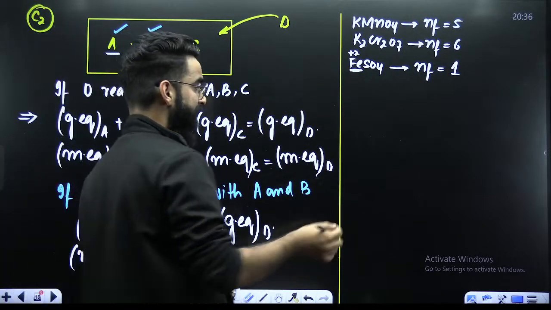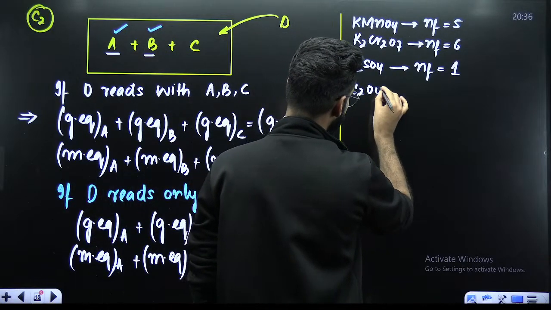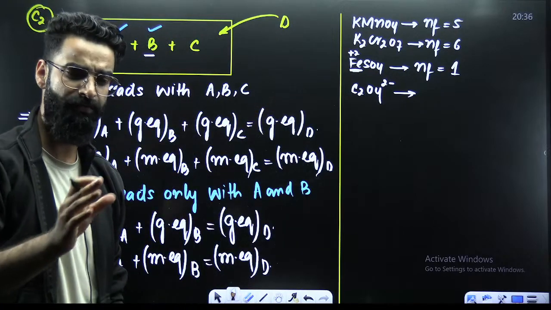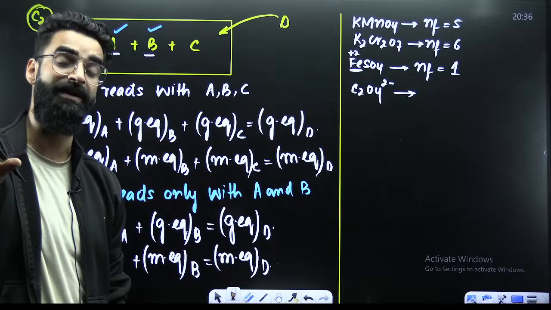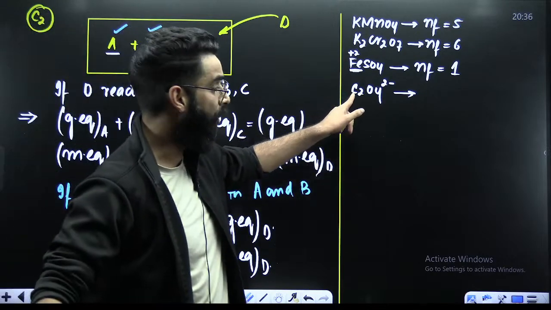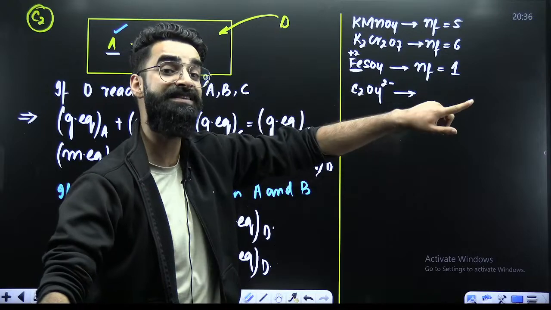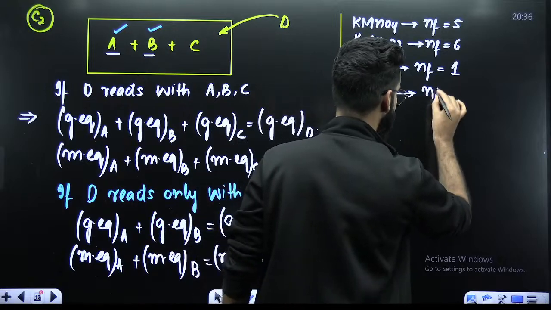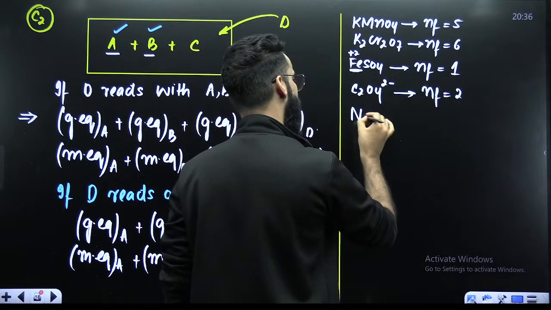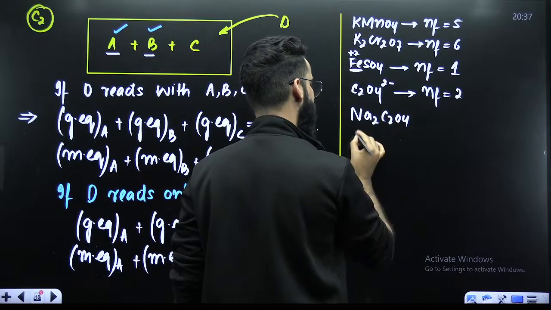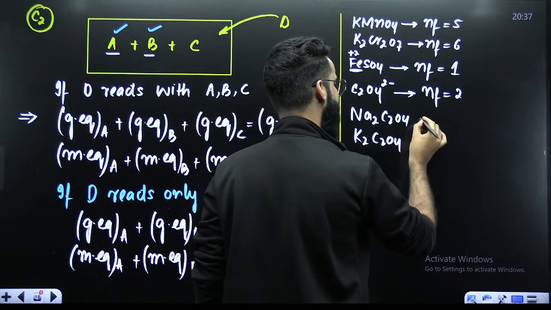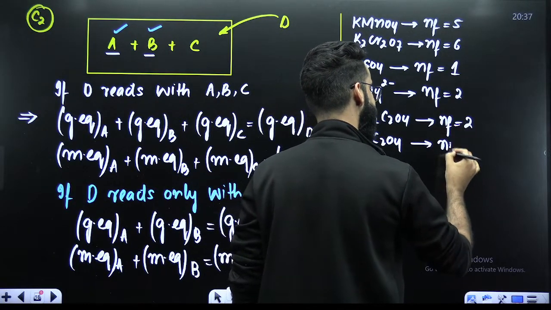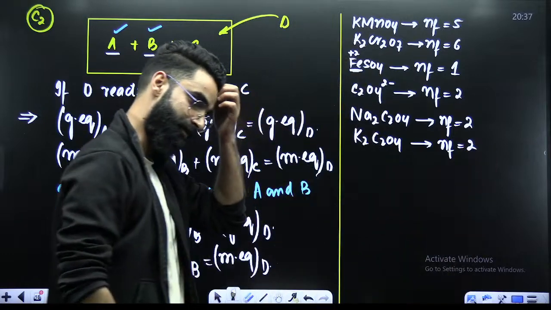Similarly, for example, you have got oxalate ion. Let's say you are treating oxalate with KMnO4 or K2Cr2O7. What happens? KMnO4 as well as K2Cr2O7 converts oxalate into carbon dioxide. Over here, the oxidation state of carbon is +3, and in carbon dioxide it's +4. So +3 to +4, the change is 1. 1 is the change for 1, and I have 2. So its n factor here is directly 2. Similarly, if you have sodium oxalate or potassium oxalate, and they are treated with KMnO4 or K2Cr2O7 in acidic medium, you'll take their n factors directly as 2, right?